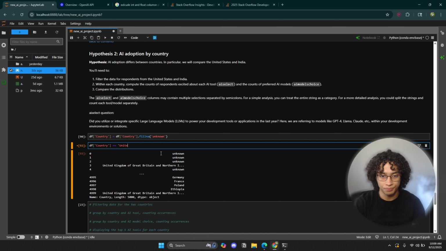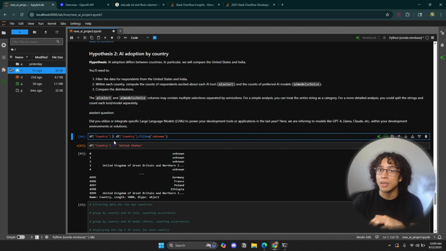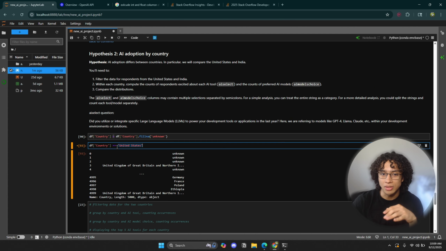United States. I think that's how. Okay. Why the double equal sign? Remember, there's a big difference. Remember from our Python series, there's a big difference between double equals and the single equals. The single equals, you're just assigning a value to a variable. Here, we're not assigning anything. We're not assigning United States to this variable. That doesn't make any sense. We're just